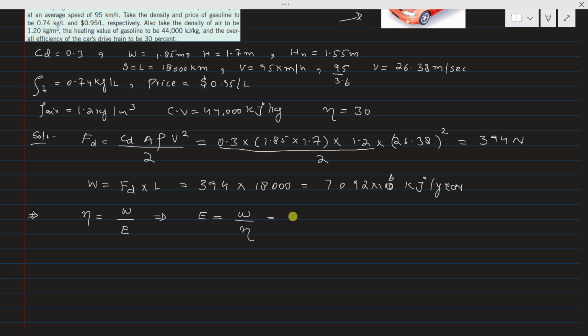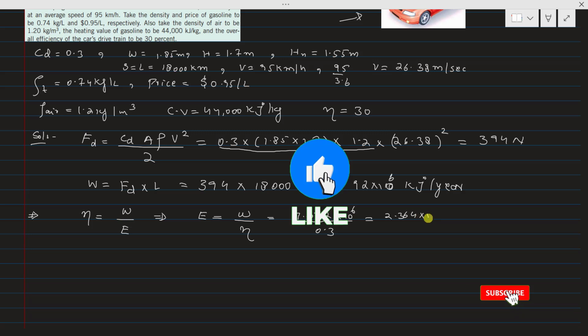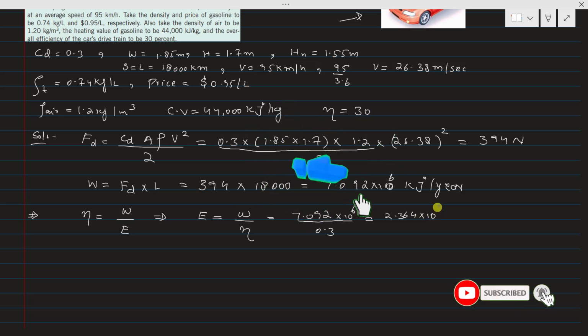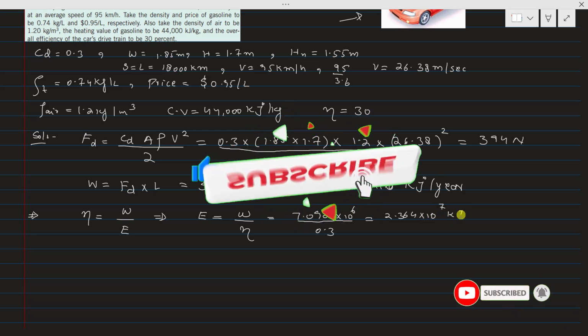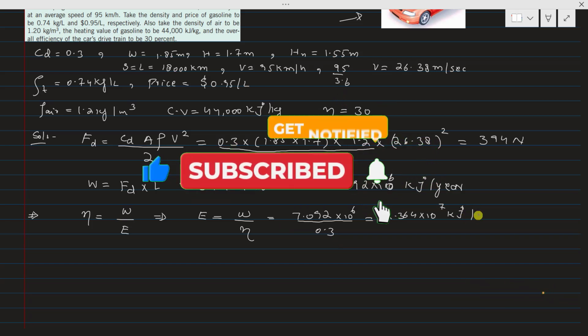Work output is 7.092 multiplied by 10 to the power 6, divided by efficiency of the car, which is 0.3, that is 30%. Here it is given. So after solving you will get its value, that is